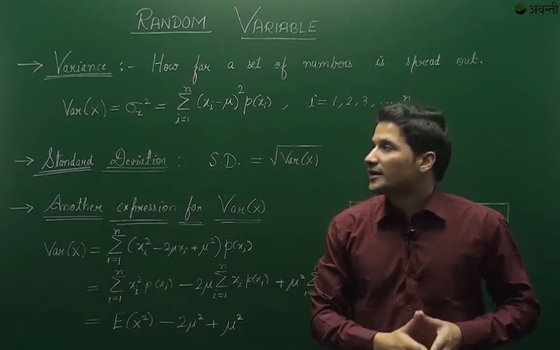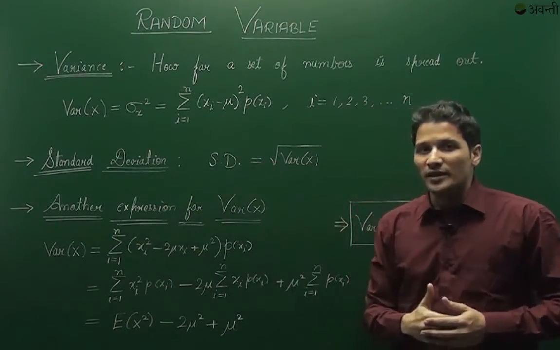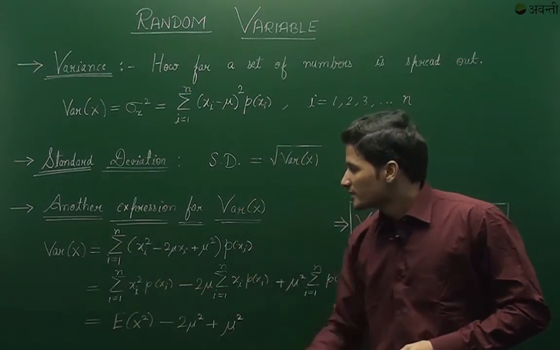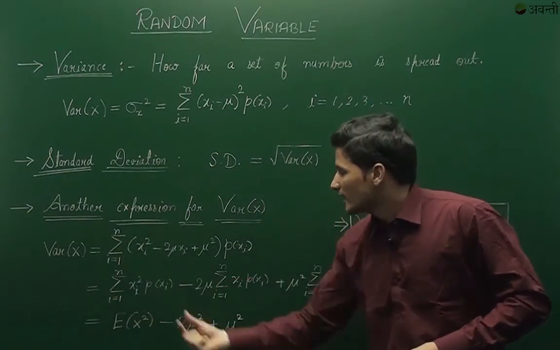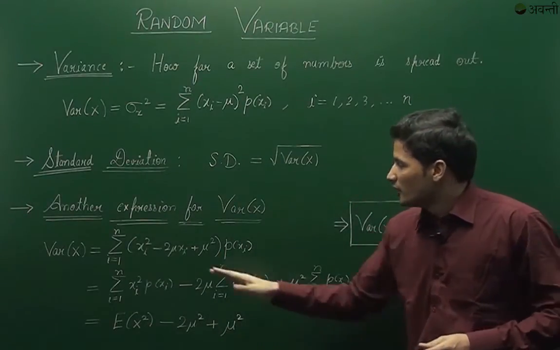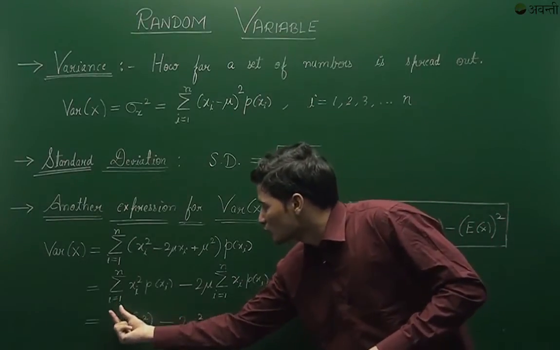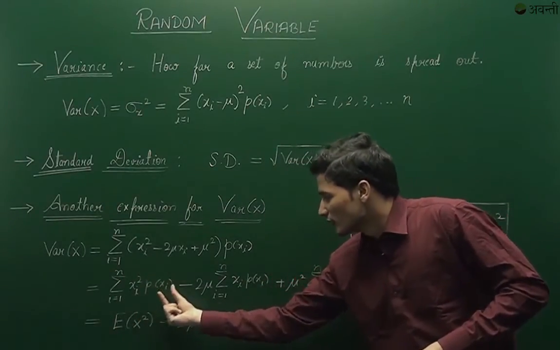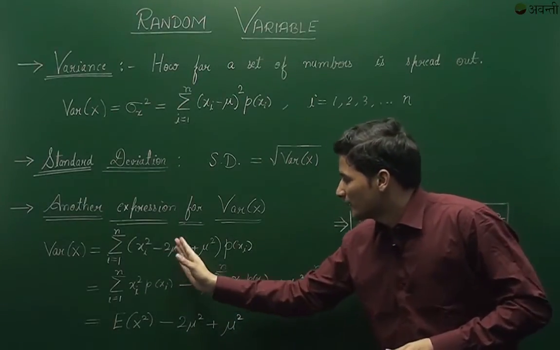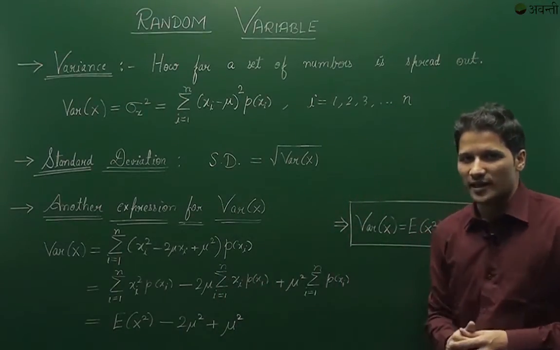Now there's another way of writing variance of x, and we can find it out using again this expression only. So in this expression, we will expand this term and we get variance of x is equals to sigma i equals to 1 to n (xi square minus 2 mu xi plus mu square) into p of xi. Now we'll separate this out, we'll break this term individually, and we get sigma i equals to 1 to n xi square into p of xi minus, now here 2 and mu are constant numbers, so they can be taken out of summation, and we get sigma i equals to 1 to n xi into p of xi plus,